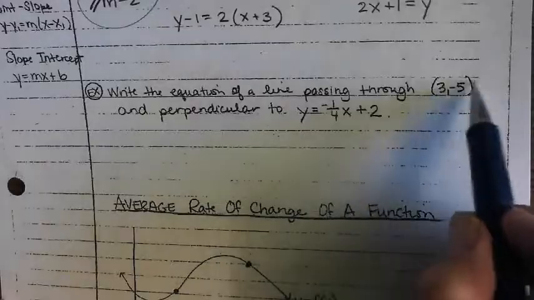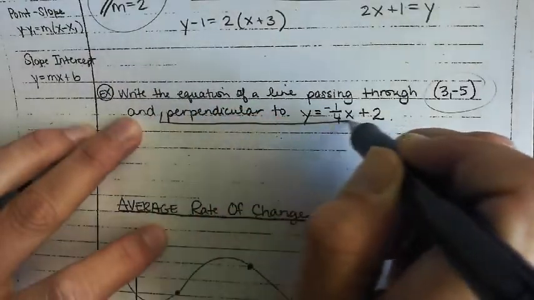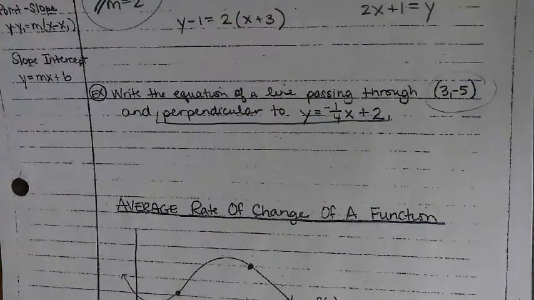And perpendicular, we obviously have our point, and they don't tell us what slope to use, but they tell us that they want our line to be perpendicular to that one. So,